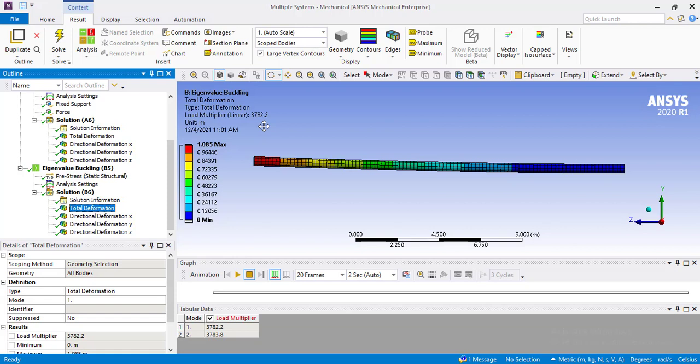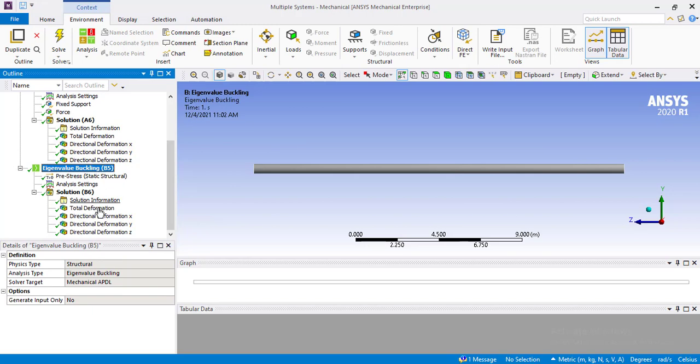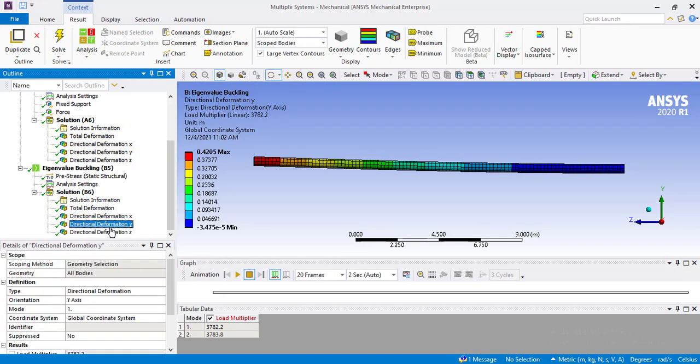This depends upon your requirement. If you want more load to be applied to the shaft, you will test it for increasingly varying load. When your value of factor of safety reaches a specific value, you can view the results. If we animate it, you can see how it is varying its position, whereas in the static structural module, the total deformation is only changing the length. That is the purpose of conducting the buckling analysis. You can view these results and note down wherever required.